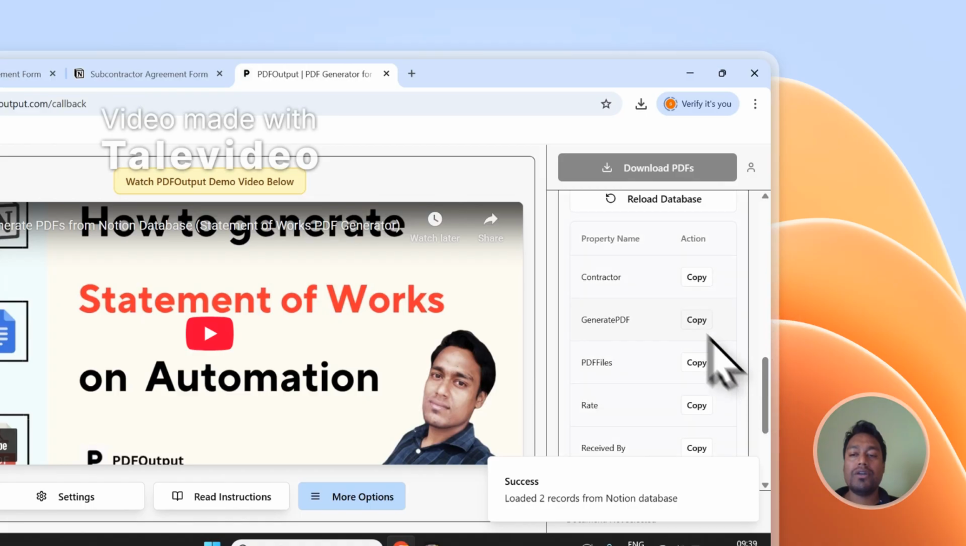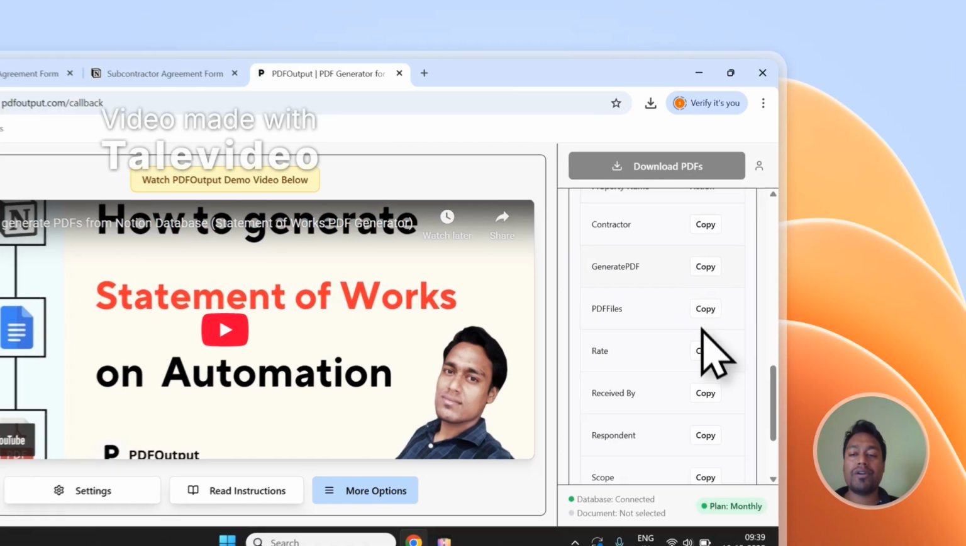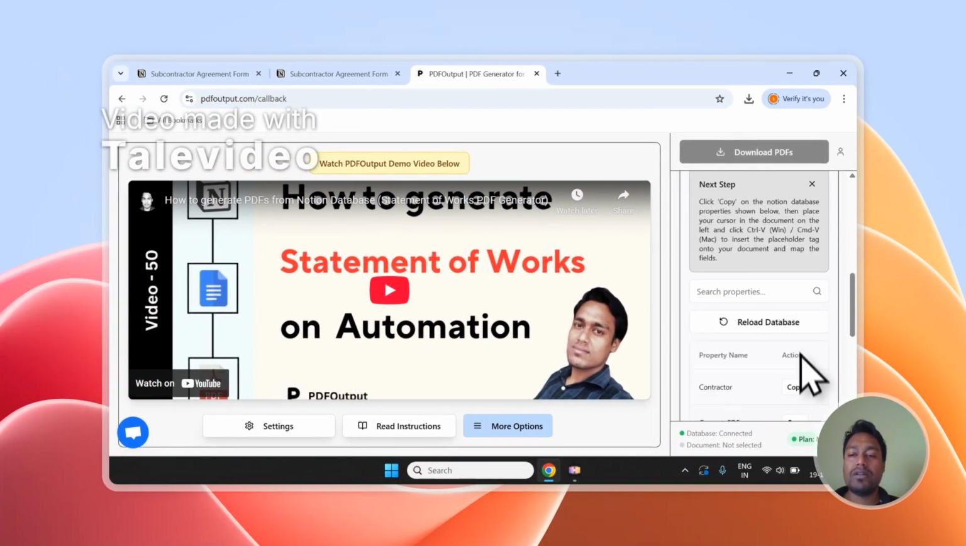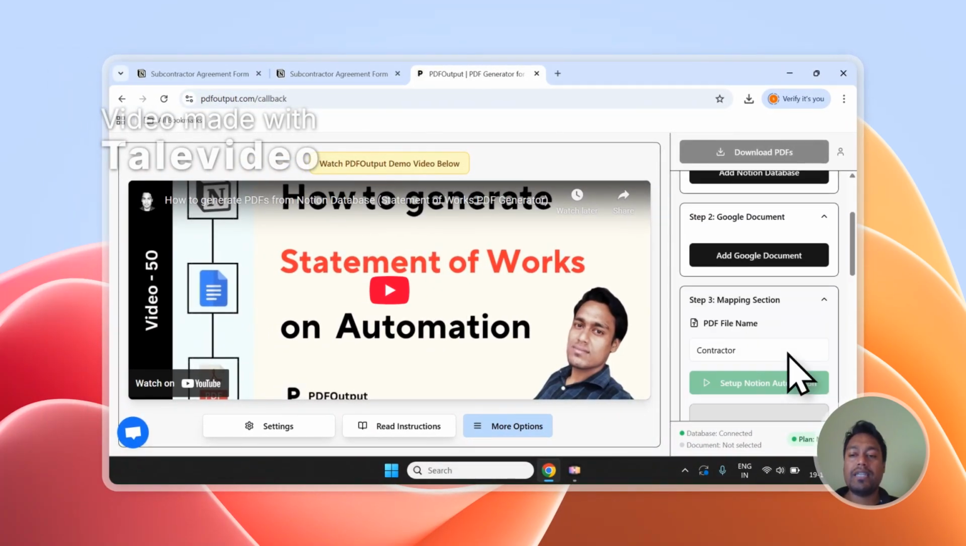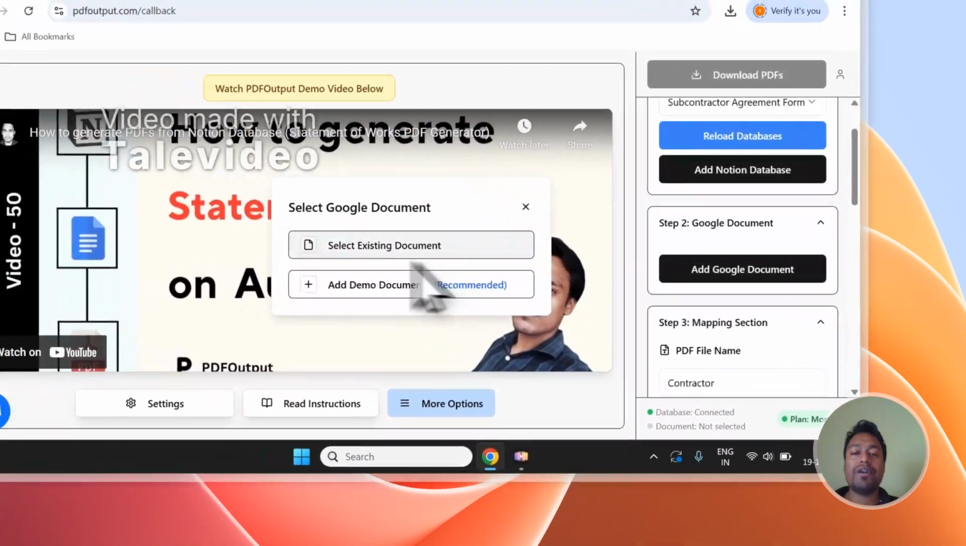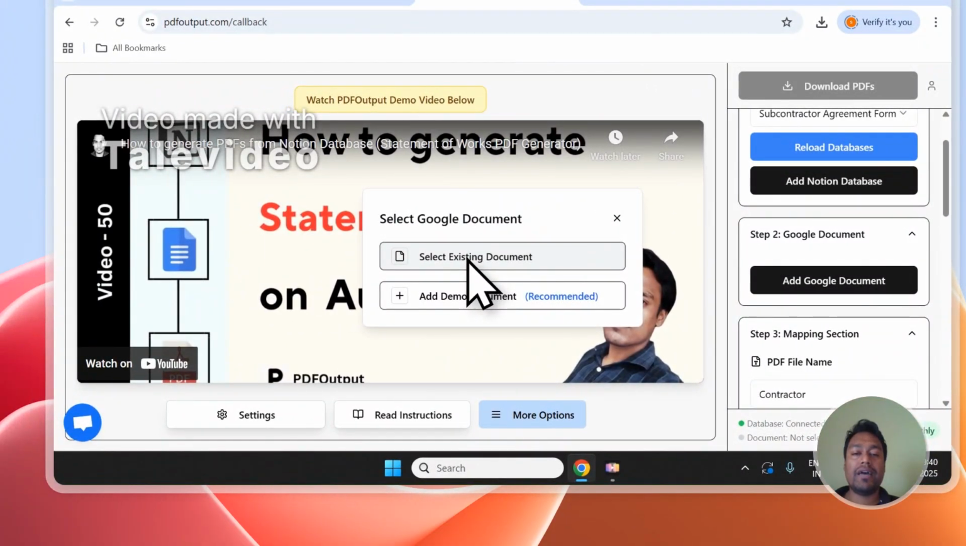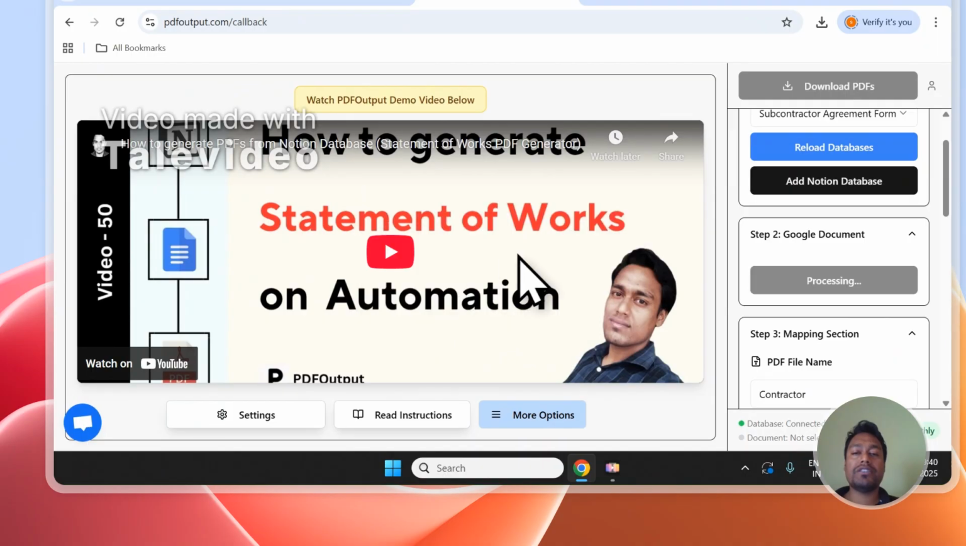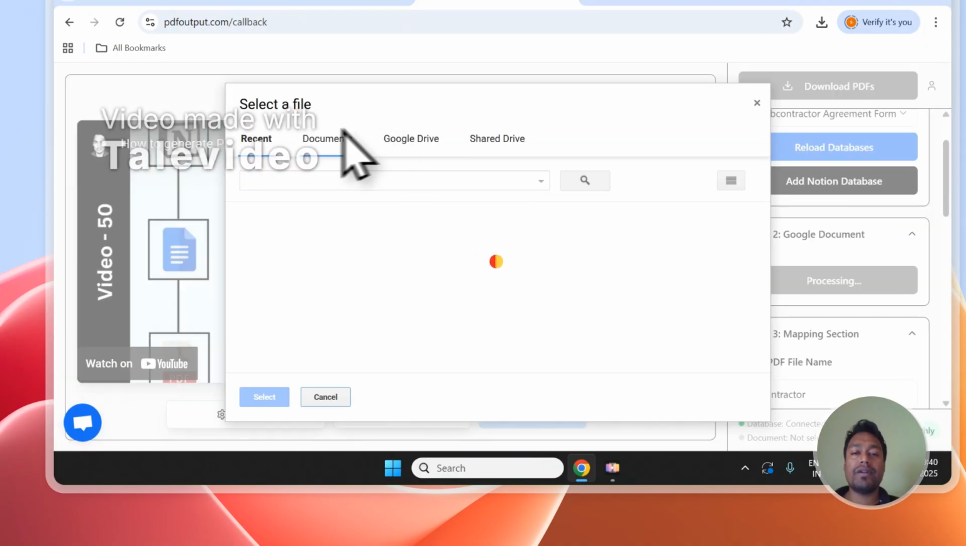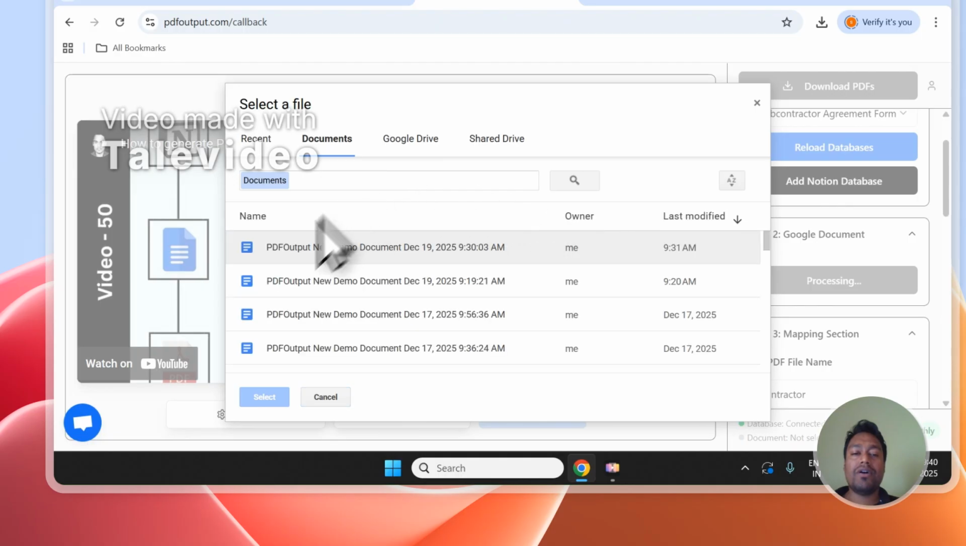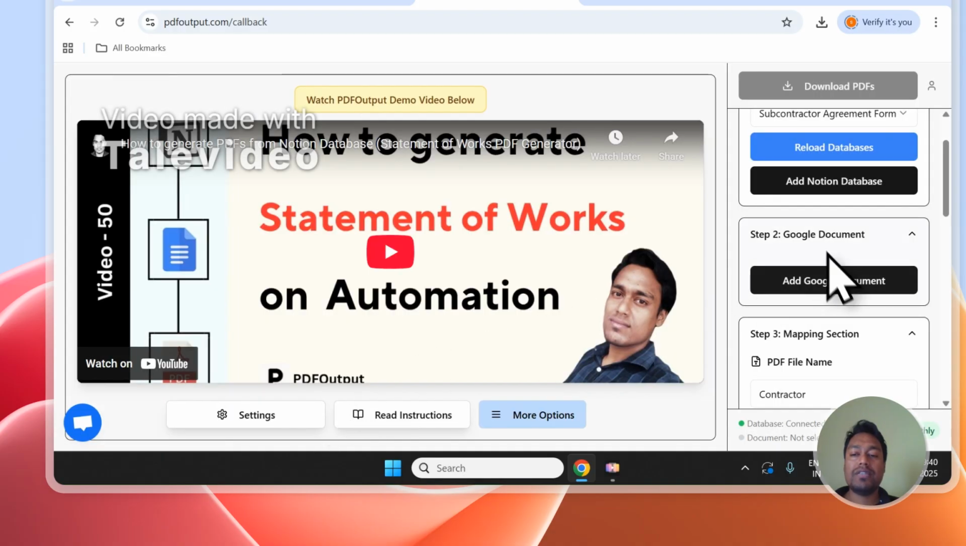If you scroll down, you should be able to see all the properties of the subcontractor agreement form appear in the section over here. Let's click on add Google document, and if you already have a subcontractor agreement template available on your drive, go with an existing document and choose the subcontractor agreement template that might be available on your drive. Okay, I don't have any template available as such, so what I will do is I will go with